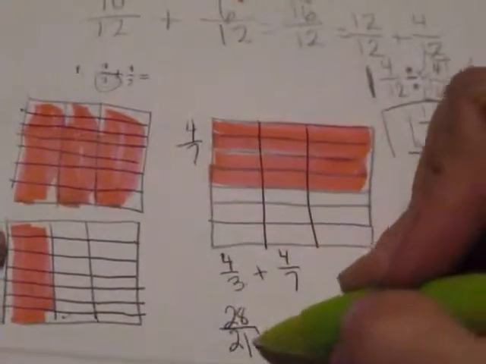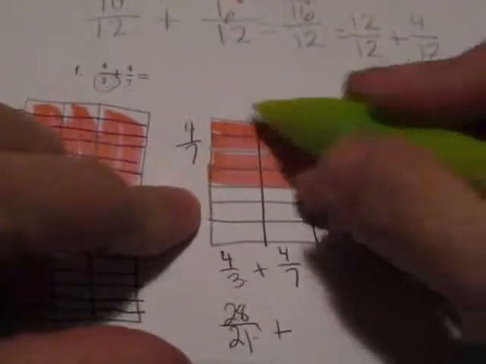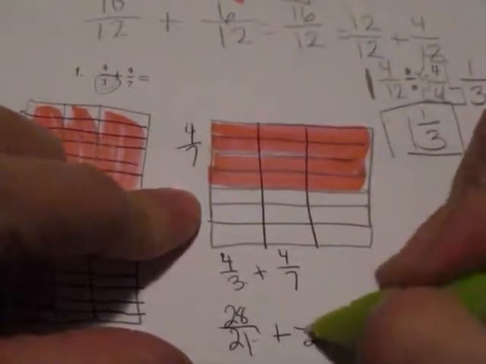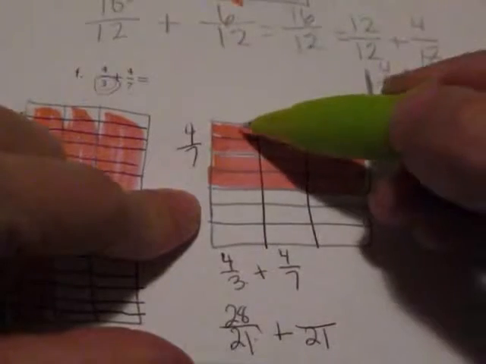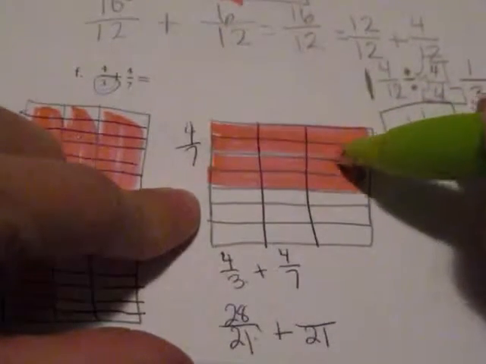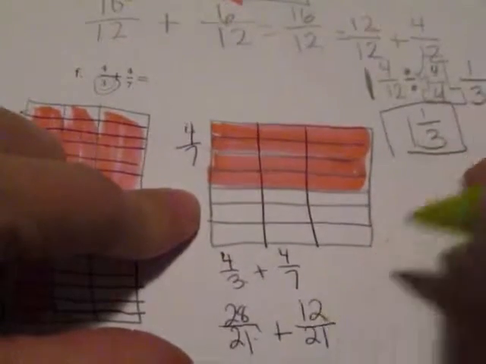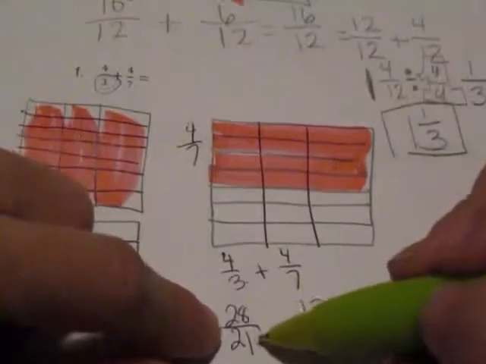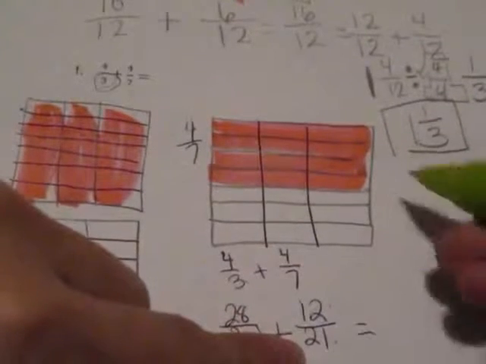So I have 28 21s plus, in this one, I have 21 total units. And I have 1, 2, 3, 4, 5, 6, 7, 8, 9, 10, 11, 12 21s. 28 21s plus 12 21s